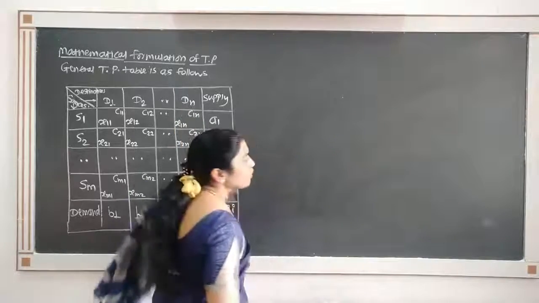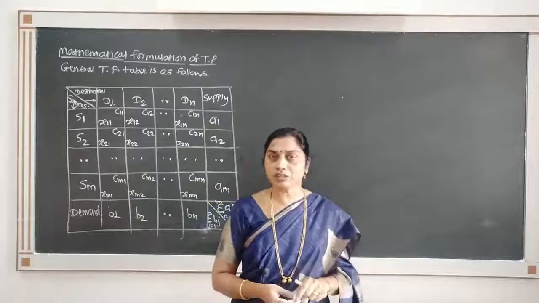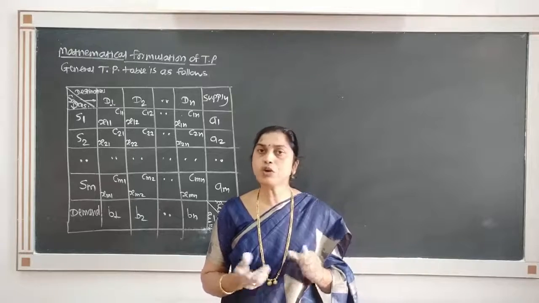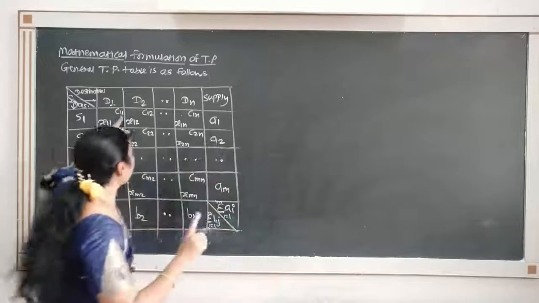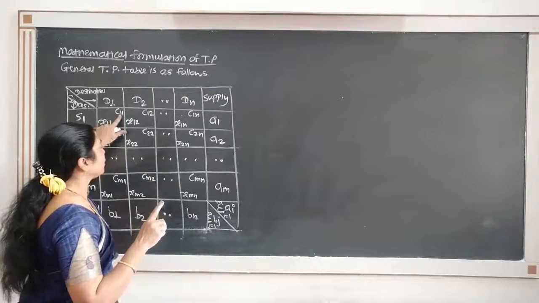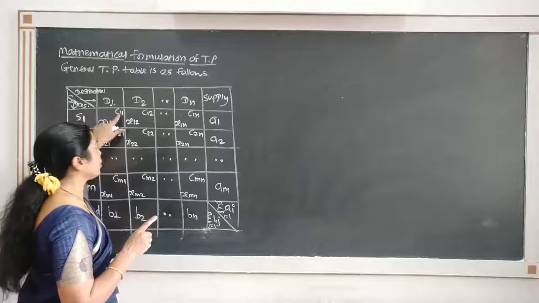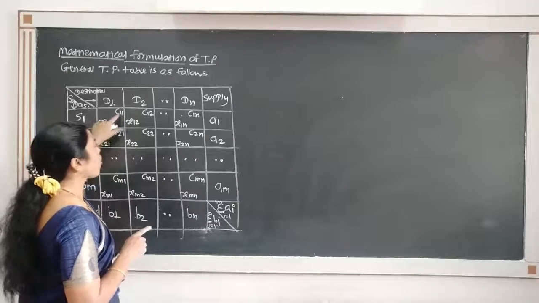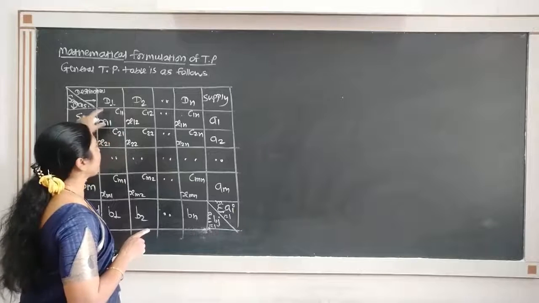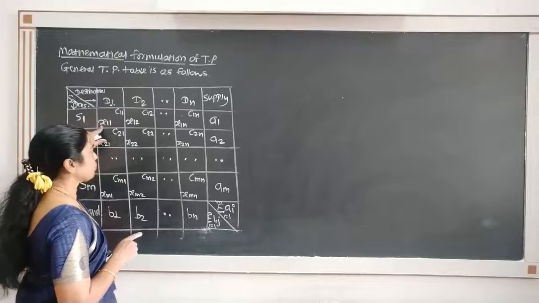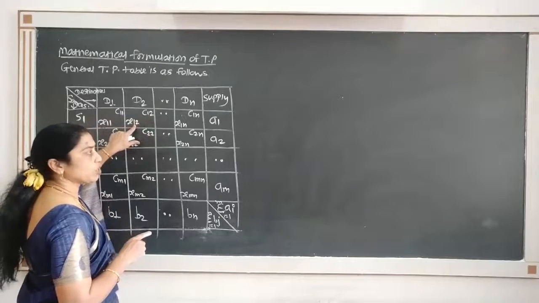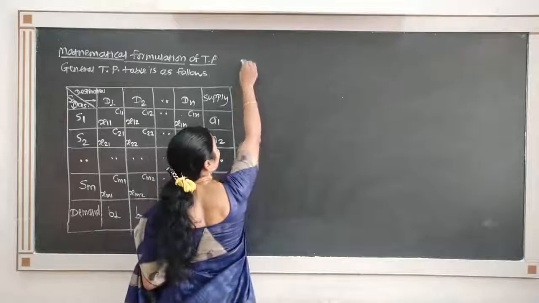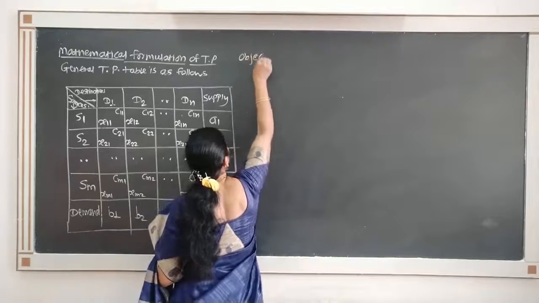So first, what is the objective function? Objective function is to minimize the total transportation cost. So what is transportation cost? See here, for 1 unit of transport, the cost is C11, and how many units are transported? X11. So how much cost will be required? Total cost will be, for this cell, C11 X11. Similarly C12 X12, and then add the total, that is total cost, and that we want to minimize.